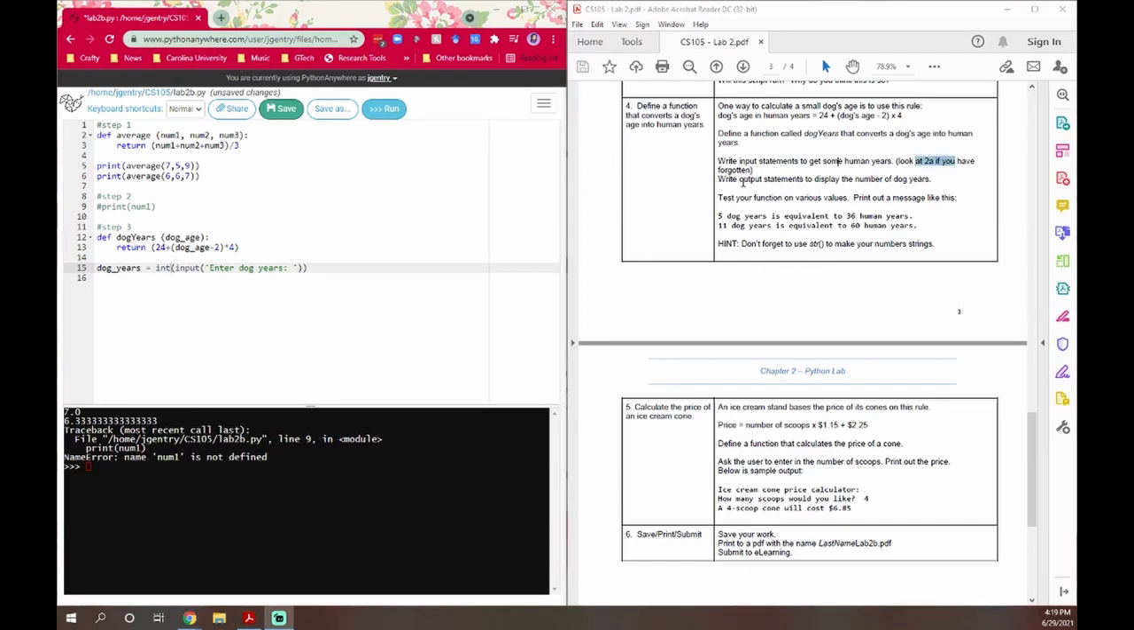Okay, next write an output statement to display the number of dog years. What we did in 2a was that we used the print, and we want to say how many dog years is equivalent to how many human years. The very first thing we see is the variable that we asked for, so we're going to make that an str, and we want dog years. We're going to concatenate it by using that plus sign, and we're going to use the single quotes. Dog years is equivalent to,